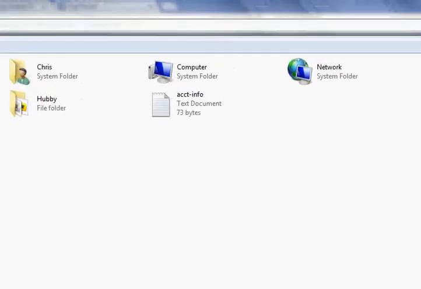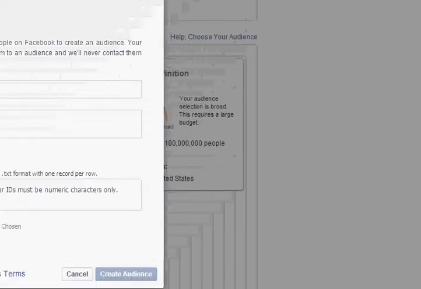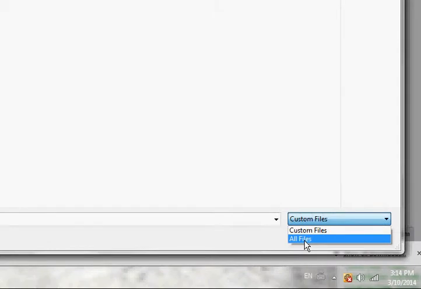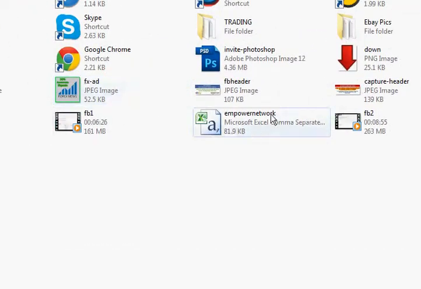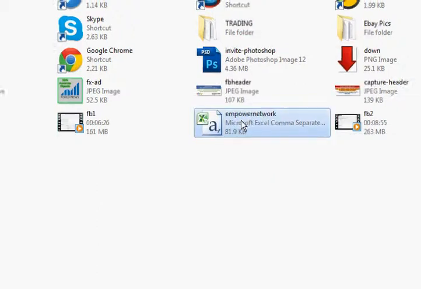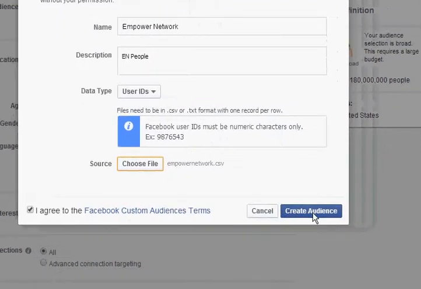Or you can also go here, I believe, and oops, let me go back, and I can show you that again. So we'll go back to our folder, and you can actually do all files. So if it's not showing the CSV file, then you need to go to all files, and that will let you see everything. But what you need is this Empower Network file right here. So I'm going to go ahead and click on that, and then everything looks good. So I'm going to create an audience,